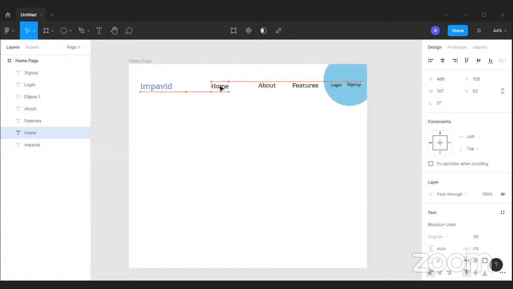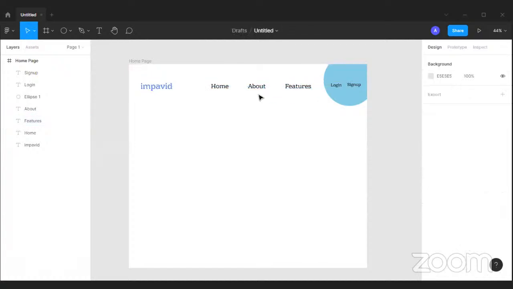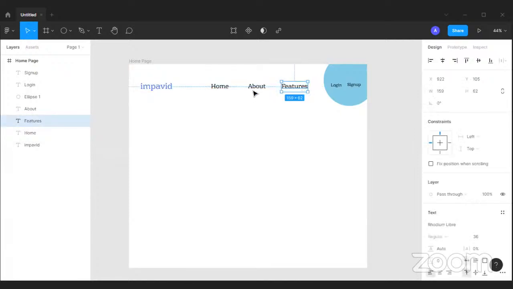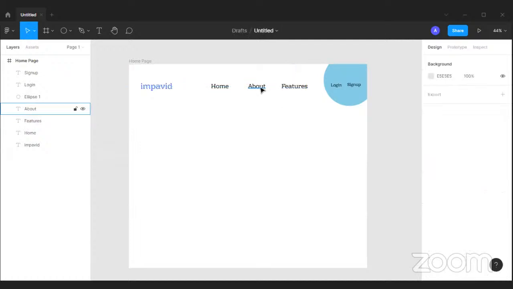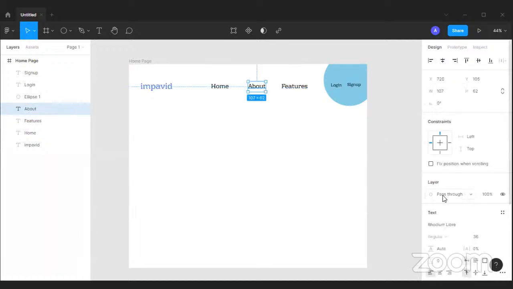And before I make some changes to my website, we usually know that when you are in the home page, these two, about and feature, are not highlighted. Usually when you are in the about page, this particular text will be highlighted, and the home and the features are not. Very similar to that, when you are in the home page, your about and the feature should not be highlighted much. So what I have to do is I'll just click on this,